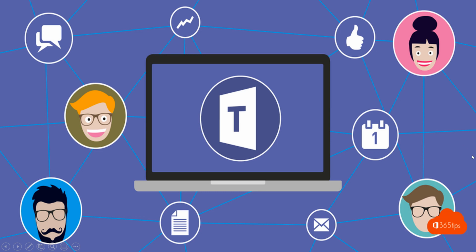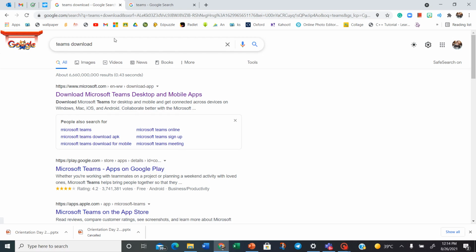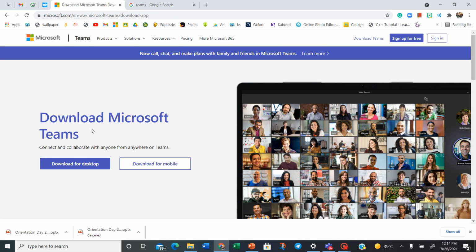To the Teams tutorial. In case you do not have Teams on your device, type Teams download in Google and then click on this link, www.microsoft.com. It says download Microsoft Teams for desktop. Once you click on that, you get a screen that looks like this. Click on download for desktop. And once you download this, you will have Teams on your device,